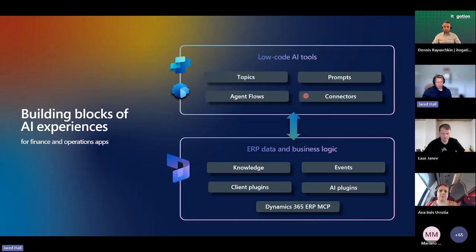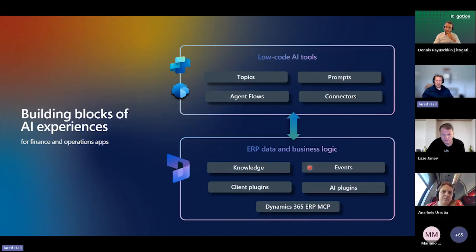And then connectors and other tools are available for us to connect to the data and business logic of both F&O and other systems. And then using that as a communication pattern down into our ERP system, we're using knowledge, which is all of the rich data that you have in your system, to register that as a knowledge source in Copilot Studio in your agent, to be able to communicate and chat with your data in natural language, or bring that into an autonomous flow as information that is included in your operations.